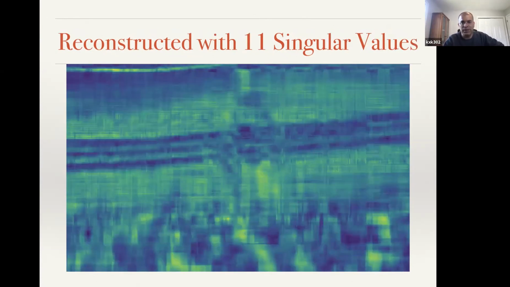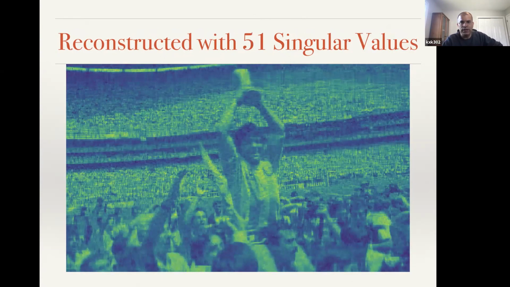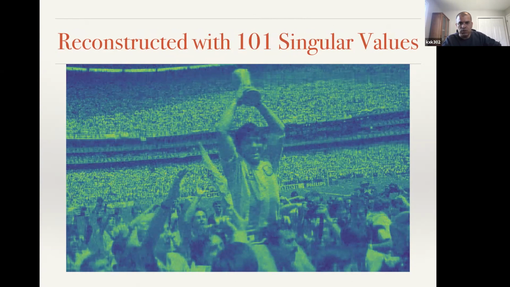If I take the top 11 singular values, this is the image. I mean, most people can't tell what it is. If you take the top 51 out of over 2,000, this is the image. It's somewhat, I can tell what it is, but I'm a football junkie. Maybe not everyone can tell. This is 101,